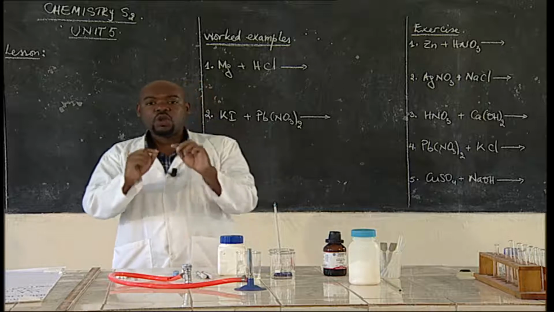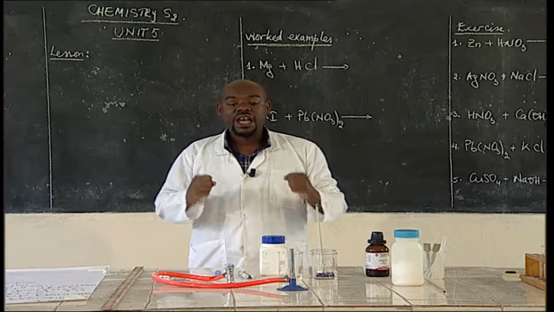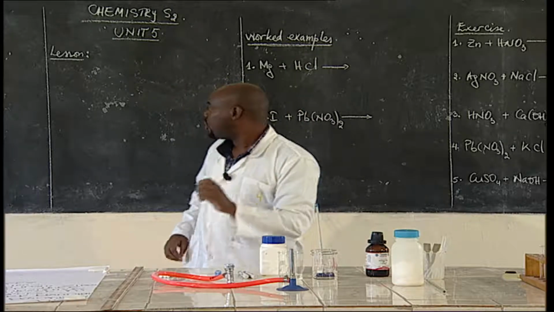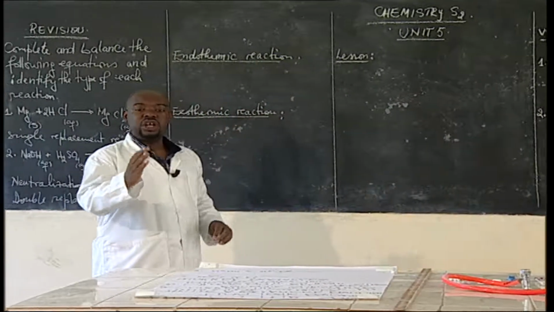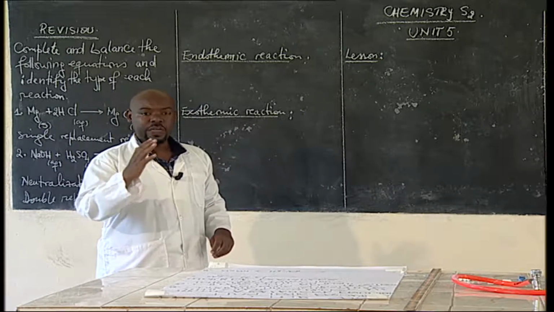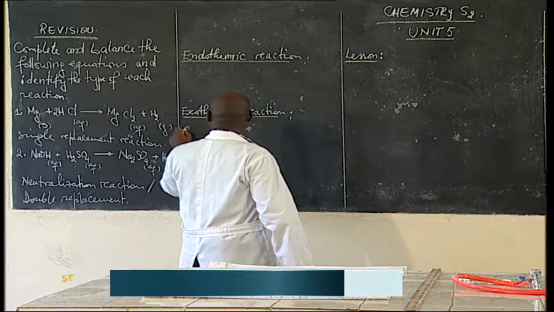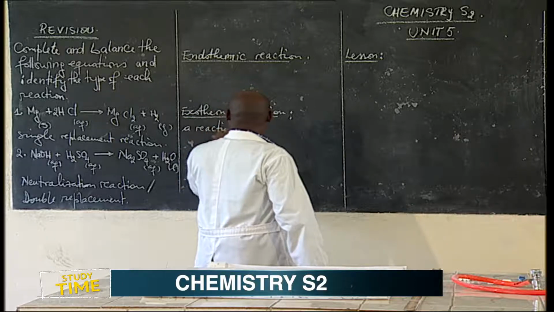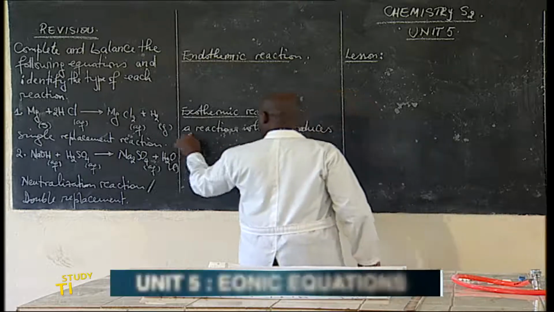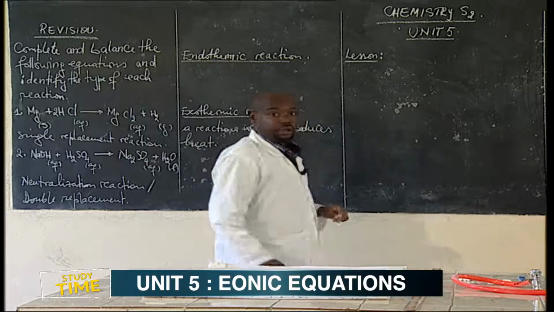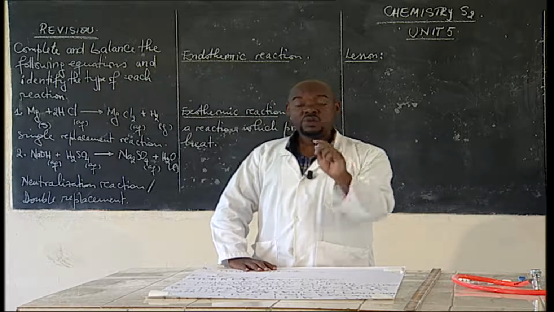And how do we call that reaction in which the temperature increases? We call it exothermic reaction. An exothermic reaction is a reaction in which the temperature increases when the reaction is taking place. So, an exothermic reaction is a reaction which produces heat. When it is taking place, it produces heat, and that heat which is produced is the one responsible for the